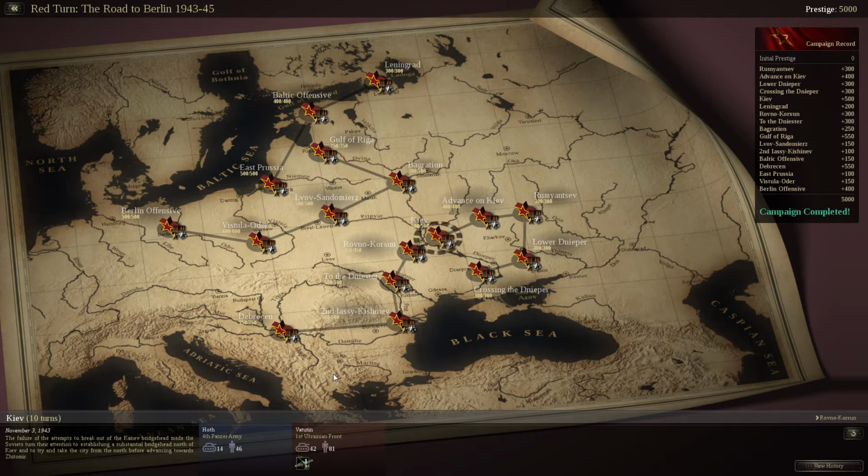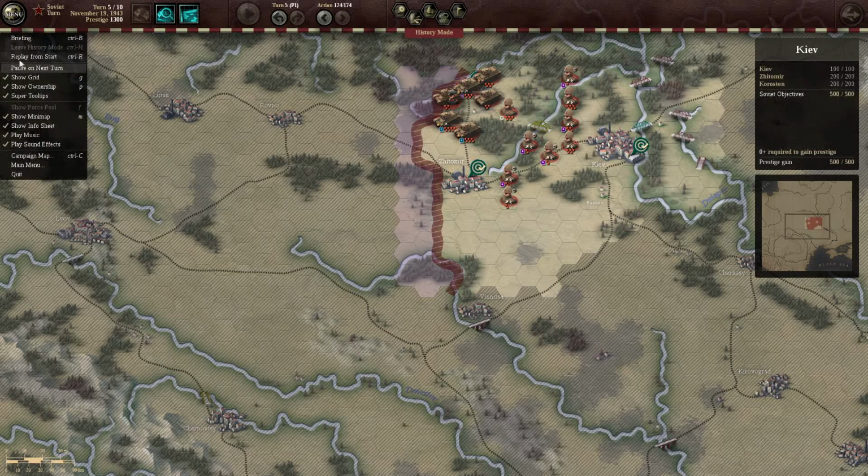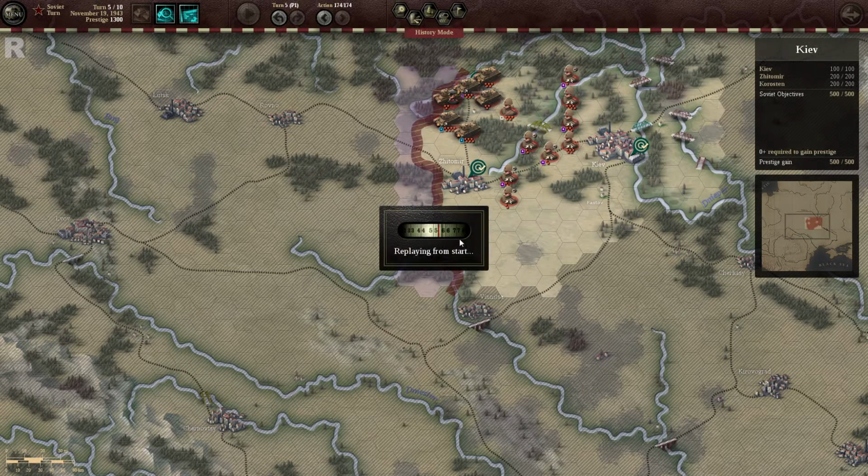We just advanced on Kiev, and now we're going for Kiev. So yeah, let's get to it. As this loads up, it looks like a tape measure is going by. I've never understood what exactly that was meant to be, but nevertheless, it looks like it should be there. Okay, as we do, go back to the start,